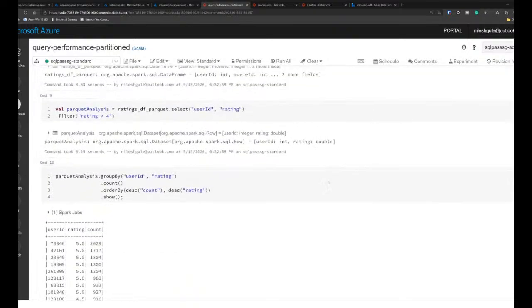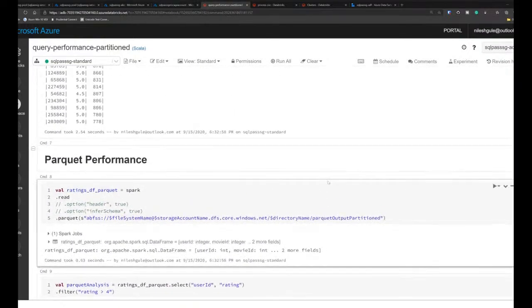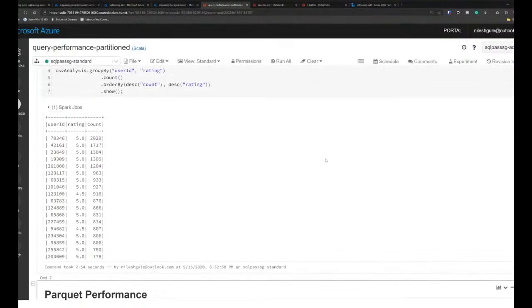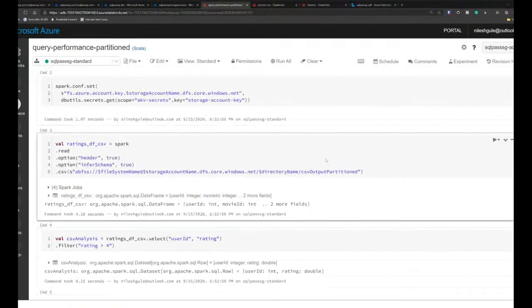So that is the flow, or that is how we interact from Spark with the SQL data warehouse. The next step I want to do is, let's say I'm a data engineer or a data scientist and I've built this notebook, how do I integrate this in the end-to-end workflow, where I integrate the data, I process that data, and then I store that data in the SQL data warehouse.